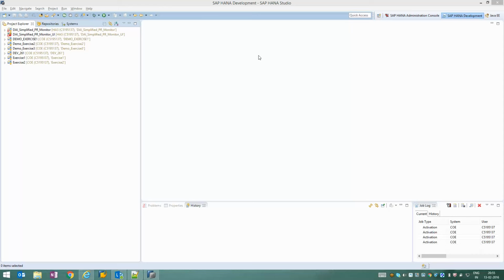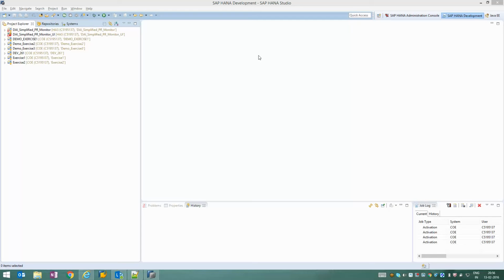So all the objects which you are going to create in our HANA system are going to be internally created by a database user called _SYS_REPO. It's like a system repository user which is going to take care of creating all the repository objects in the database server. So even though we have created the object, we also want to go ahead and give the permission for us to access those objects. Only when we have the authorization to access those objects, we will be able to work on that.